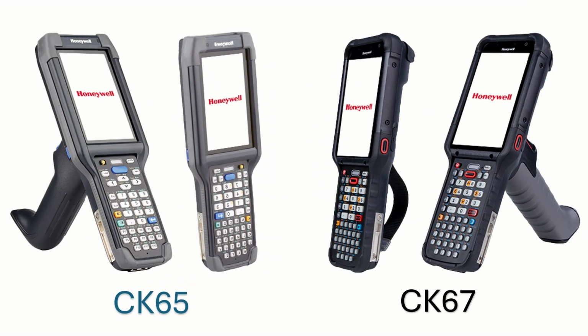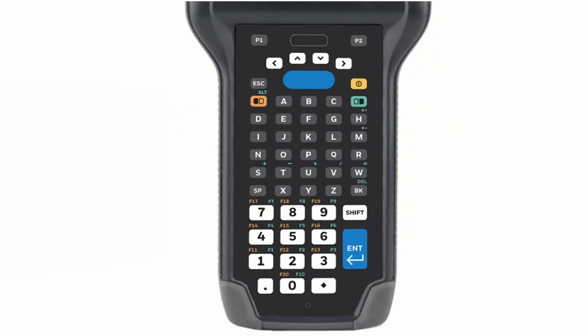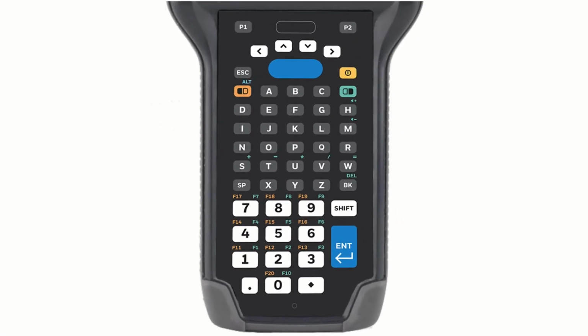On devices like the CK65 and CK67, the volume down button may be accessed through the green or blue shift keys. For instance, on the 53-key keypad, the volume down button is located directly under the M key. To take a screenshot, press the green or blue button first, followed by the power button and the corresponding key